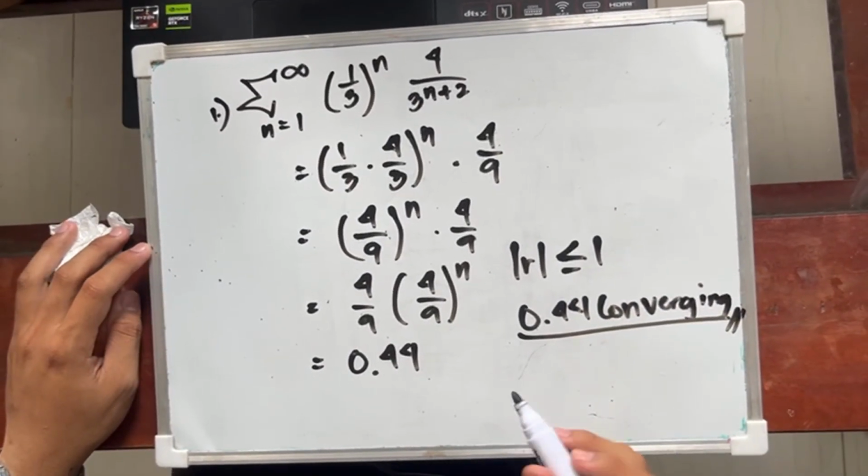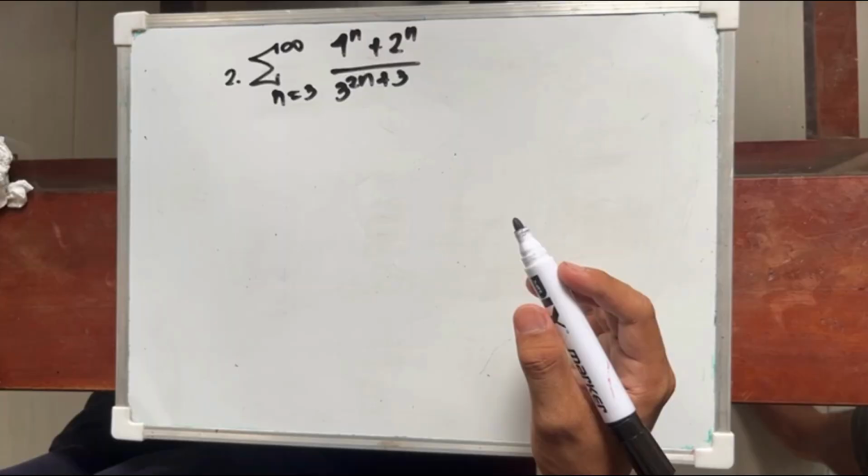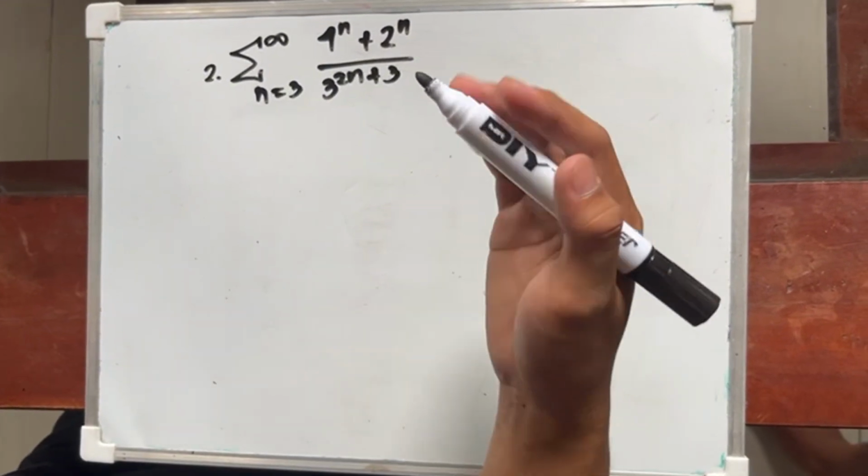So move to the second problem. First, let's take a look at the series. The general term is 4 raised to n plus 2 raised to n over 3 raised to 2n plus 3. We notice that we have powers of 4 and 2 in the numerator and a power of 3 in the denominator. We can simplify this a bit by rewriting the power of 4 and 2 in terms of powers of 2. Let's recall that